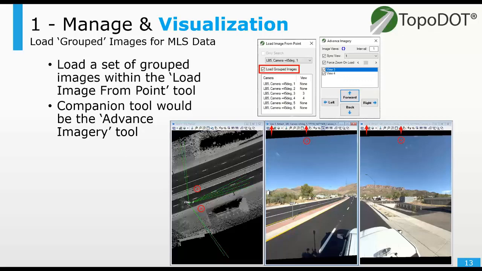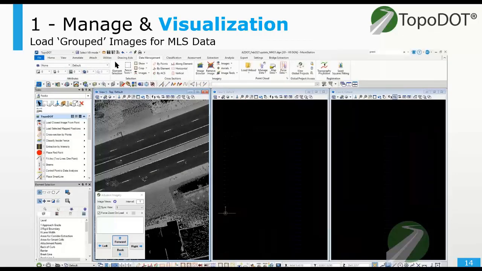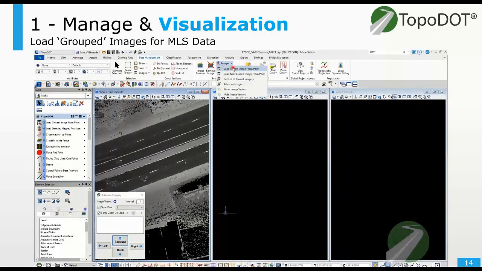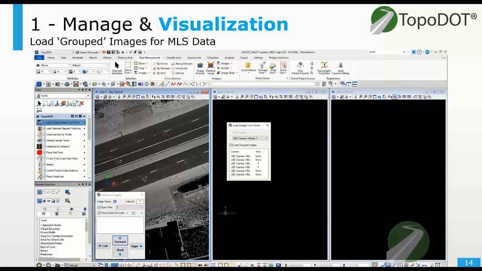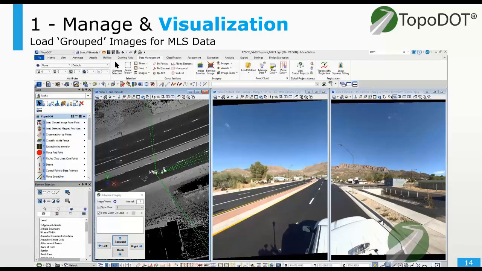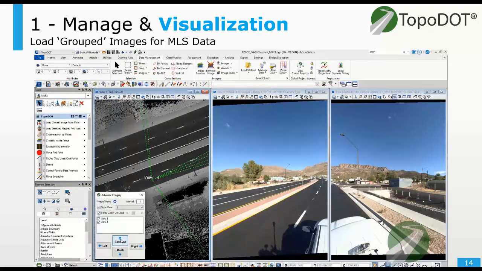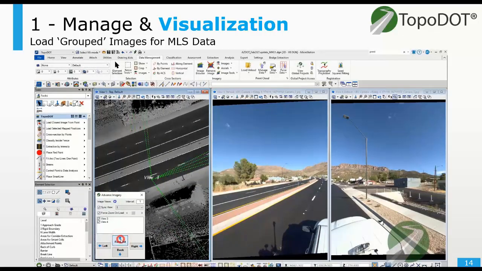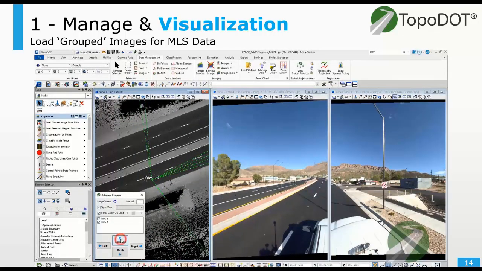You can set this up however you want, basically. So let's see what that looks like. Here I'm going to activate the tool. I've already got it set up for which images go to which views. And you do just like you've done before, snap to the data, snap to an element. I'm going to refresh the advanced image tool here and just move forward. That hasn't changed, but you can see